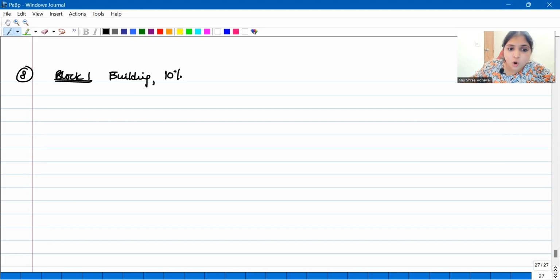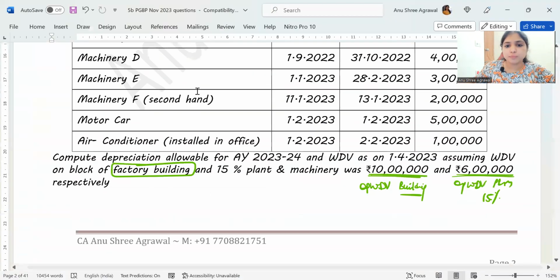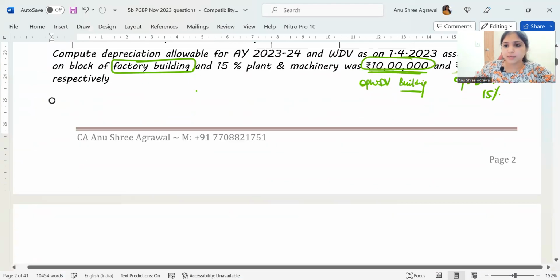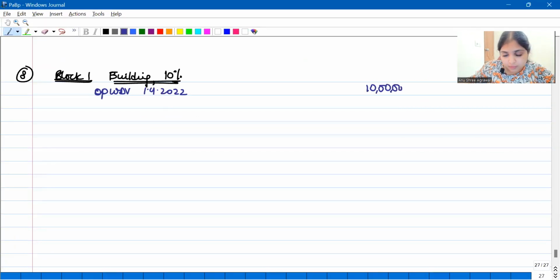So you know very well, all assets which fall under the same category and also have the same depreciation rate, I'll block them together into one single block. So under this, your usual steps, guys. First of all, opening WDV on 1st April 2022. What is our opening WDV on 1st April 2022 of the building block? We have 10 lakhs. Then what do you add? Add actual cost